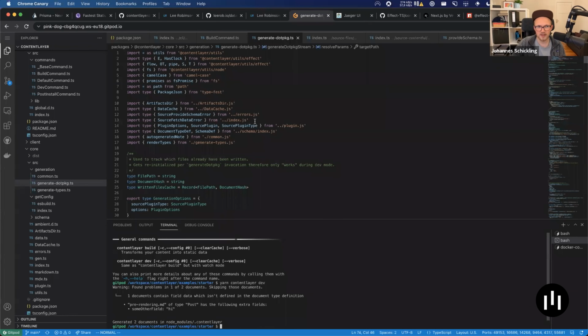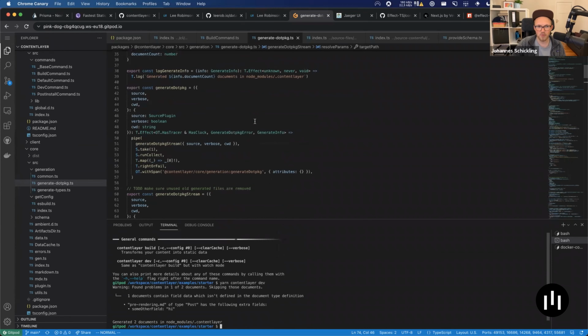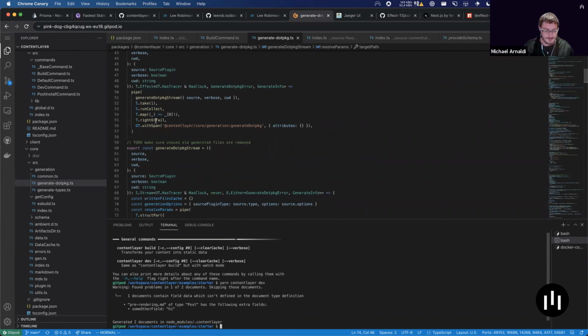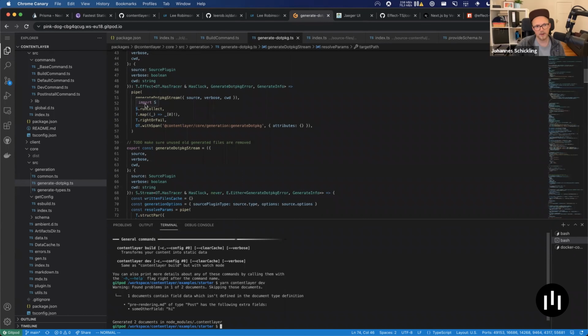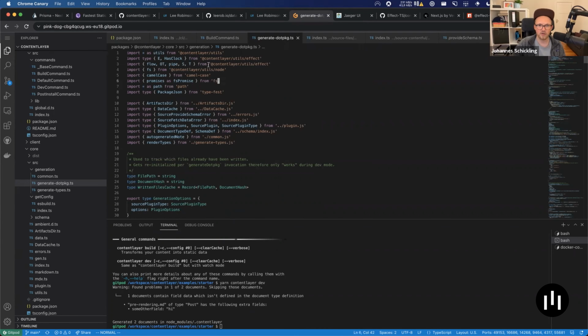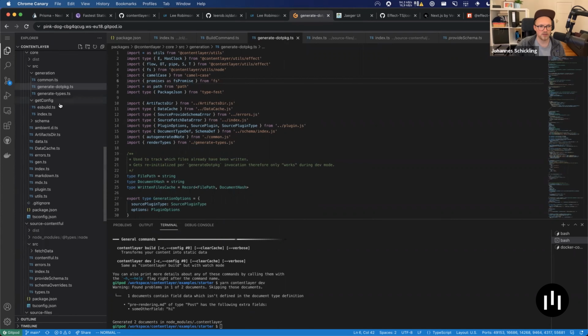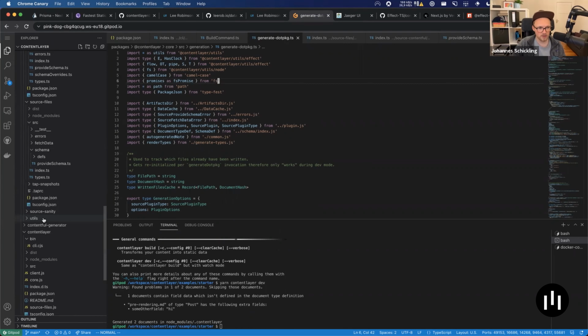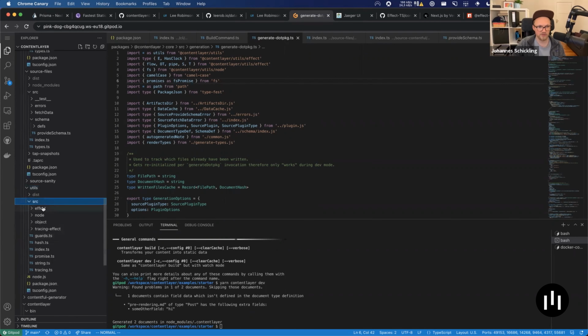Now that you've already teased at it, maybe that's a good moment to show that all of these little effect imports, T or OT or S, I'm importing all of that from this place here, Contentlayer utils effect, which is another package in here, utils source effect. And why I'm doing this, instead of importing directly from effect.ts core or whatever other package,